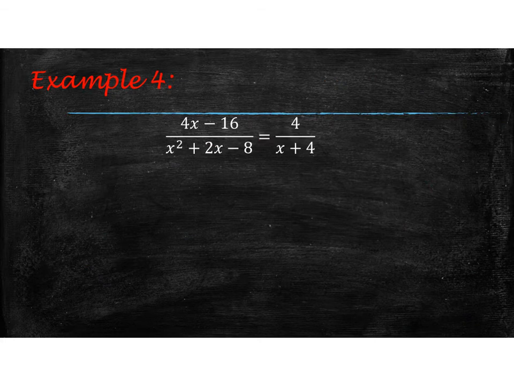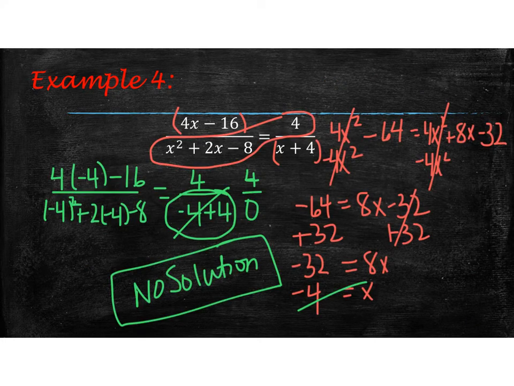Okay, example 4. So we're going to take this factor and multiply it times this factor using FOIL. So that would be 4x squared. Then you would have 16x and then minus 16x, so the x's cancel. And then negative 16 times positive 4 is minus 64